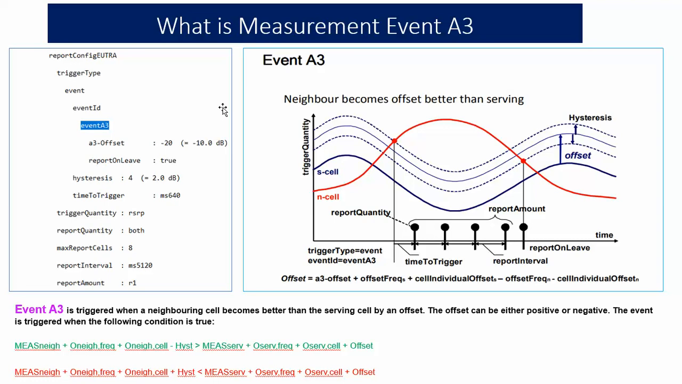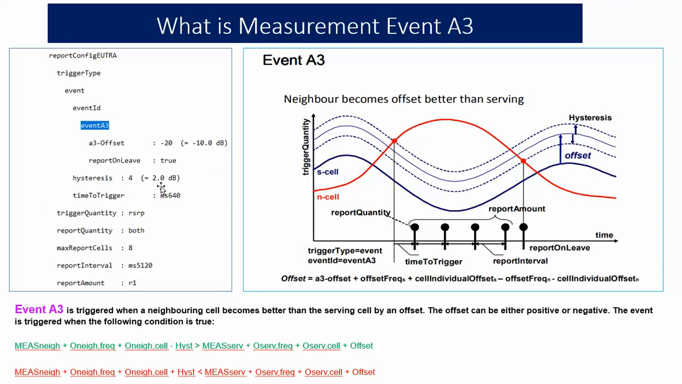The eNodeB sends to the UE through the RRC reconfiguration, and I take this event A3 from the RRC reconfiguration. We can see here event ID event A3, offset is equal to -20, -20 is equal to -10 dB. Here at the parameter level, an integer value is defined: 1 means 0.5 dB. So here -20, if we calculate, is -10 dB, and here hysteresis